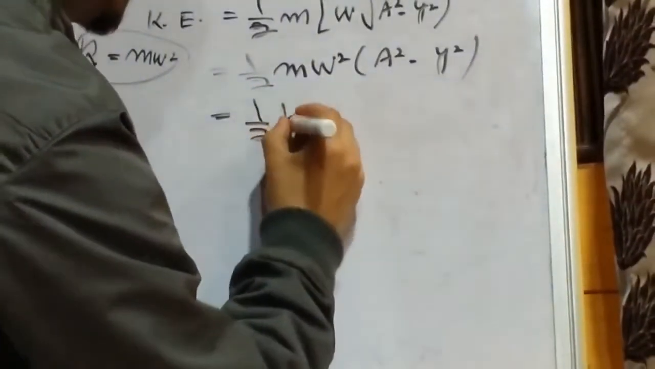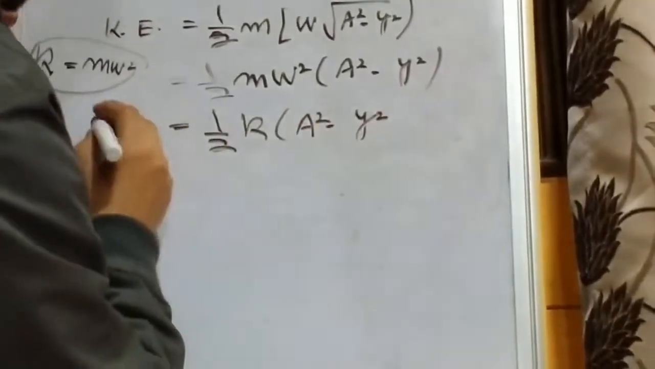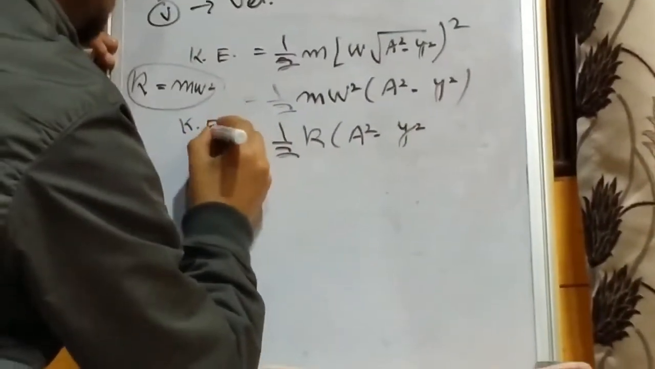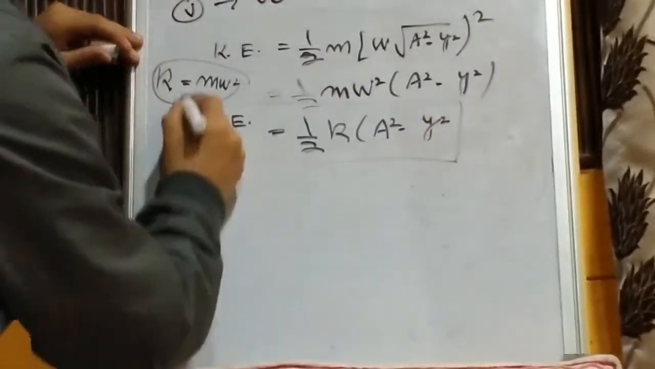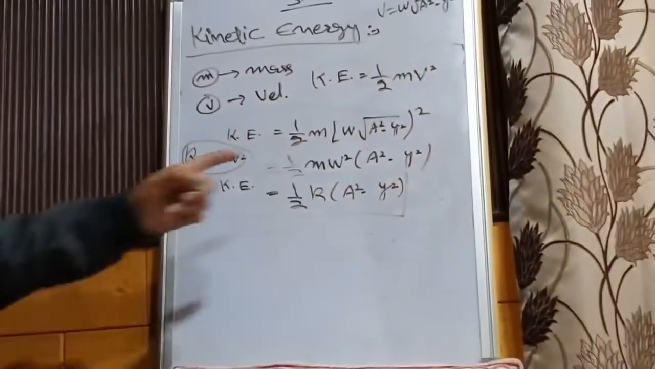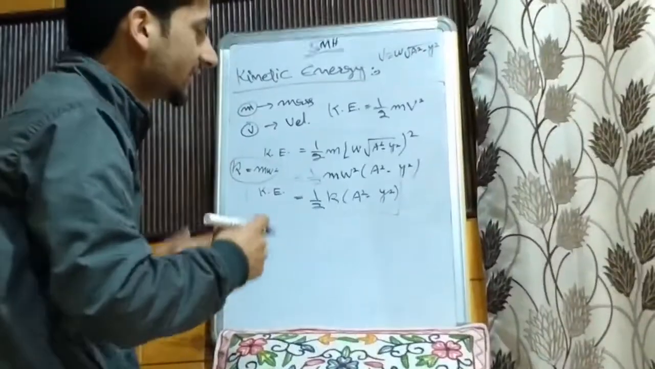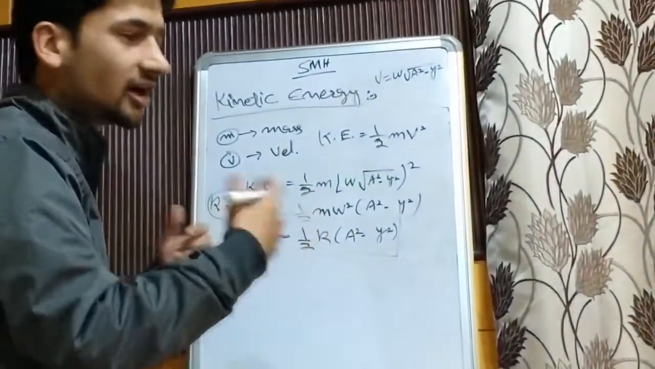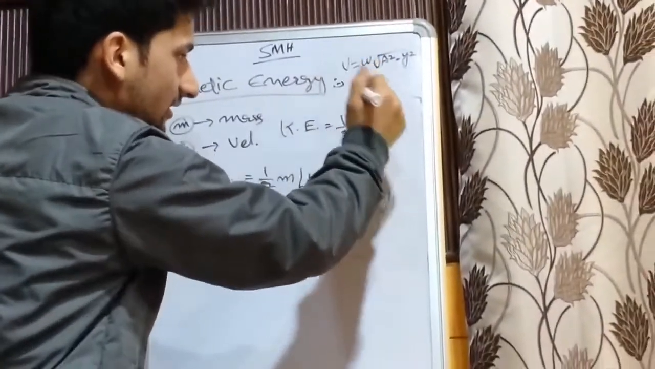So 1/2 of k a square minus y square. This is the equation for kinetic energy of a particle executing simple harmonic motion in terms of displacement. Now, in order to calculate the kinetic energy in terms of harmonic functions, we have to replace this velocity, this v,